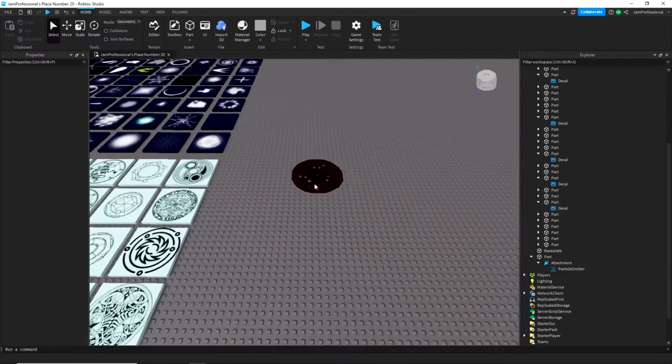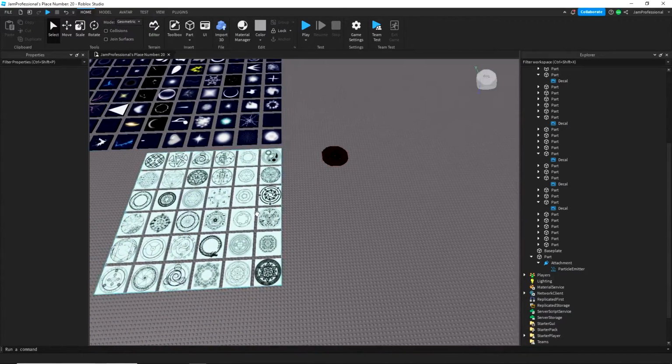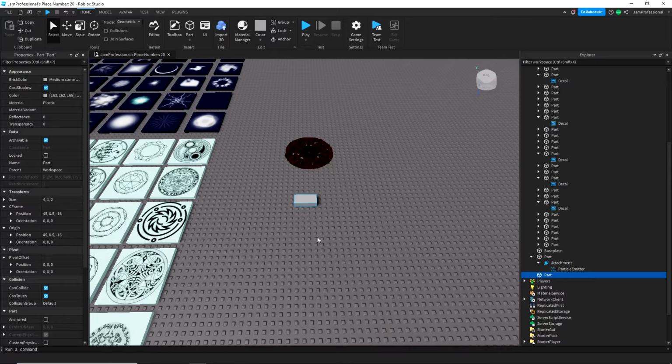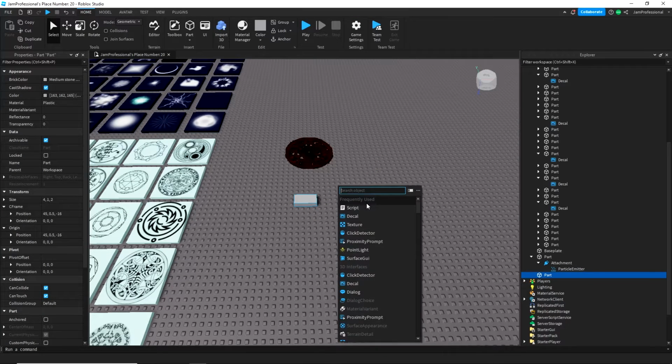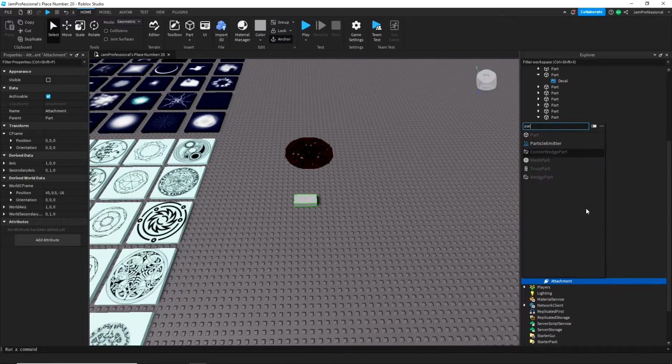Today we're gonna make an aura. This is just the base of it. We have two particle packs here, both linked in the description. First, put in a part. You're gonna wanna put an attachment, and in the attachment you're gonna insert object, particle emitter,